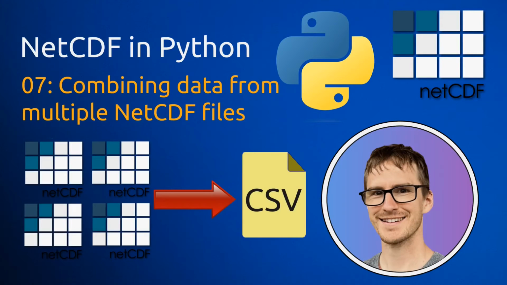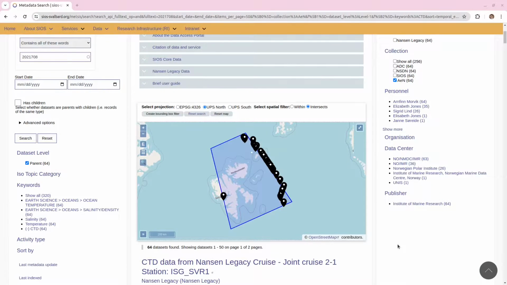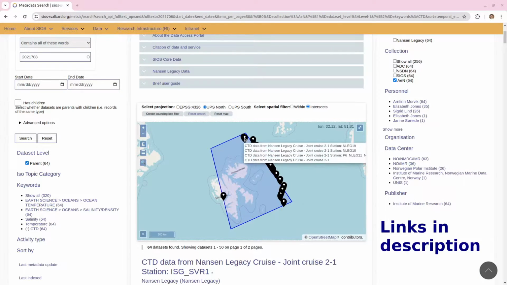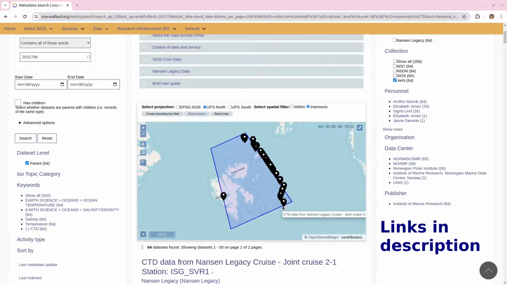Hi there, today I'm going to show you how you can access data from multiple NetCDF files in one Python script. We're going to look at the CTD data from Nansen Legacy project, mostly in the Northern Barents Sea, that you can see here. I'm showing you here the data from one cruise plotted on a map on the SIOS